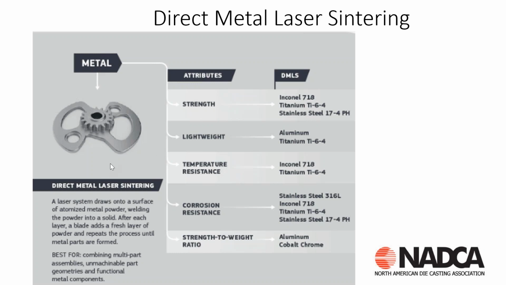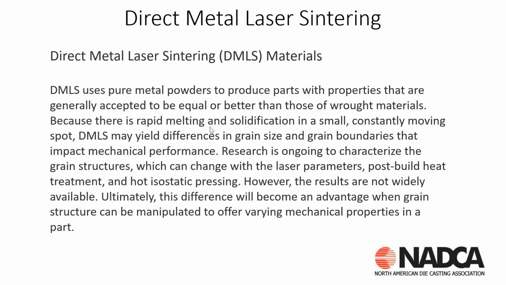They laze the material one more time. So when you're using DMLS, we're using pure metal powders to produce parts with properties that are typically better than those of raw materials. And because we have that rapid melting and solidification,